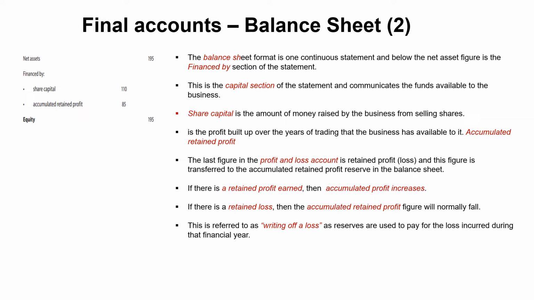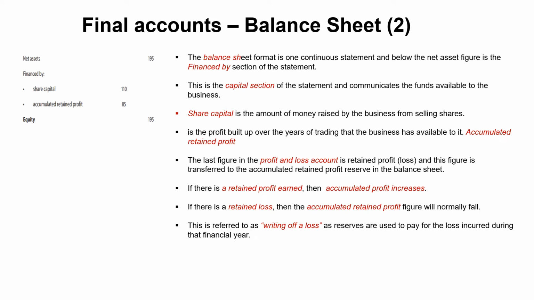is what's called the balance sheet equation. It's not required for IB. But the top part, the net asset figure, is your use of funds. The bottom part is your source of funds. So why does equity equal net assets? The figure at the bottom, the equity, that's the money shareholders have. And what have they actually done with it? They've invested it in assets. They balance off. But there's a whole double entry bookkeeping system going behind that you do not need for the